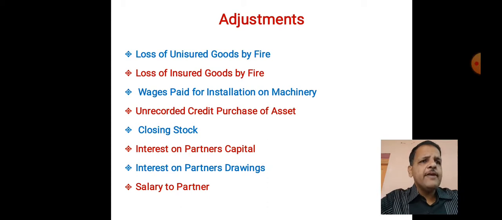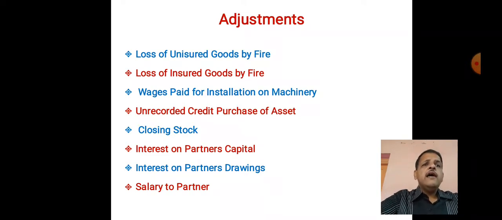Let us say example, interest on drawings of Mr. Y is rupees 1,000. What we will do? We have to write on credit side of appropriation account by interest on Y's drawings 1,000. Wherever there is capital or current account of Y on liability side of balance sheet, we have to deduct, we have to less interest on Y's drawing 1,000.